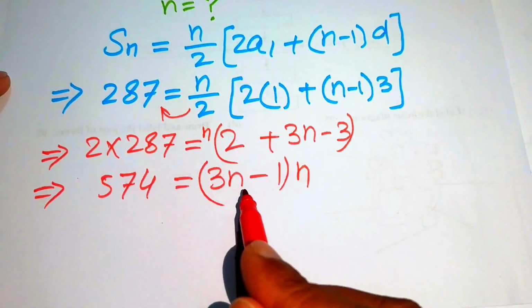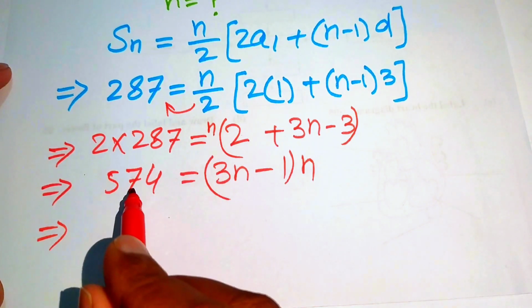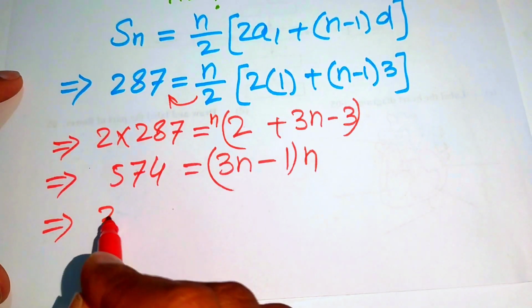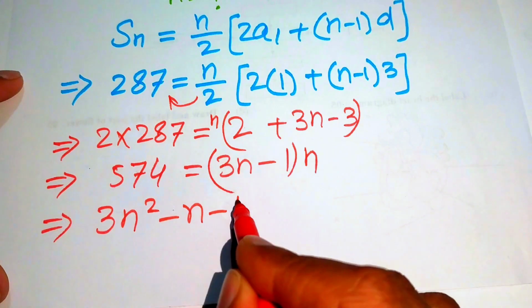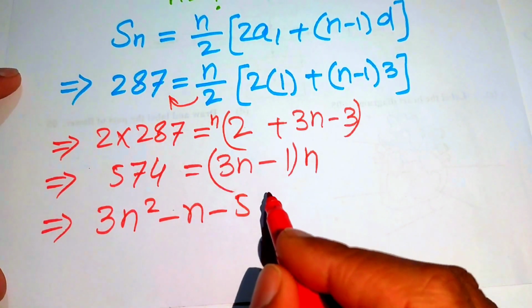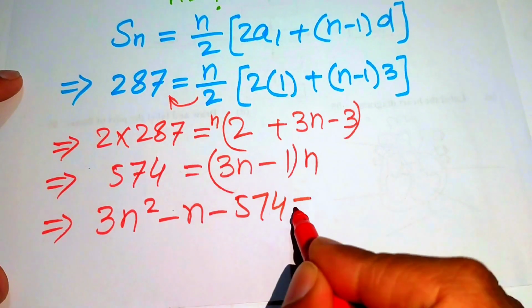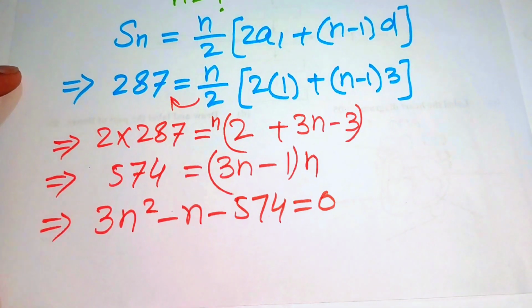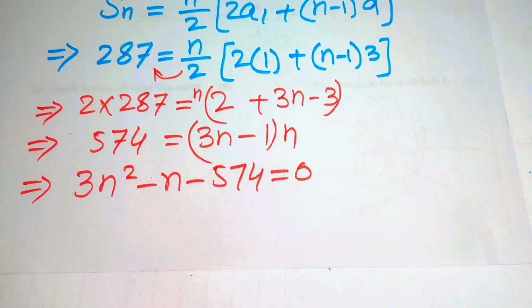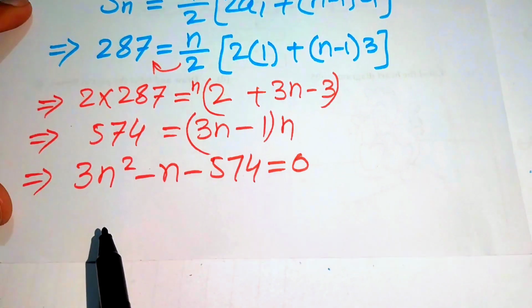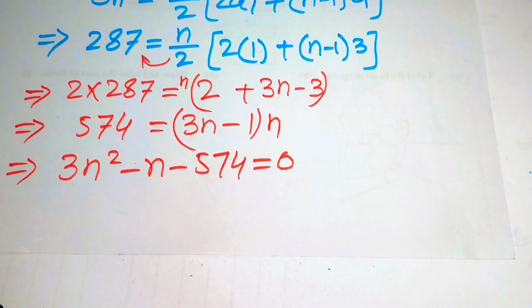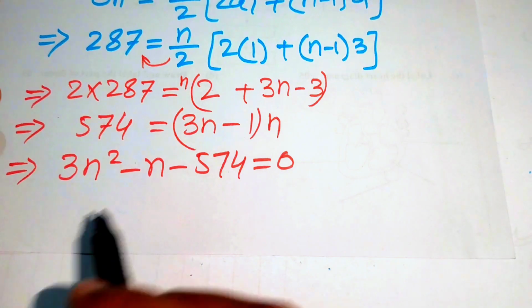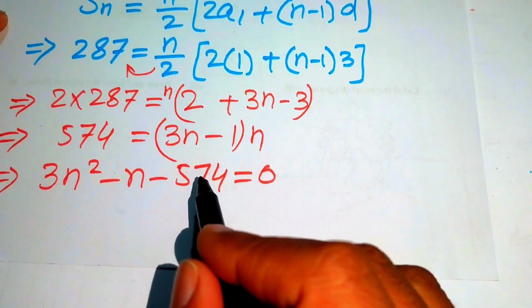So now we multiply this n on both of these terms, and we move 574 to the right hand side, and you get 3 times n square minus n minus 574, and this whole equation equals to 0. So now our next target is to find the value of n, so here we make the factors of this quadratic equation. In order to make the factors of this quadratic equation, first we find the factors